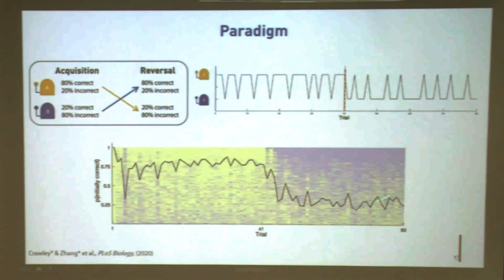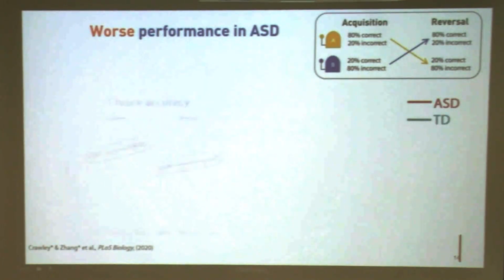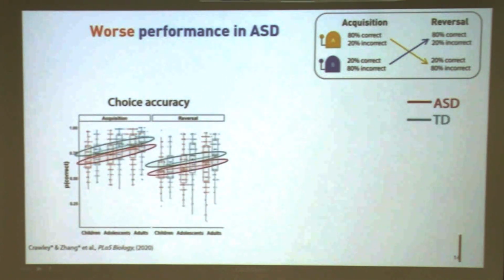So this is the overall effect we are looking at. But looking at the overall behavior is not so interesting because we want to see if there is a difference between the ASD, autism spectrum disorder individuals and the healthy individuals. We also want to see if there is a change as a function of age, so children, adolescents, and adults. So this is what we did, and we look at their choice accuracy. As I told you, in this task we could measure the choice accuracy, so how often they choose yellow in the first half, how often they choose blue in the second half.